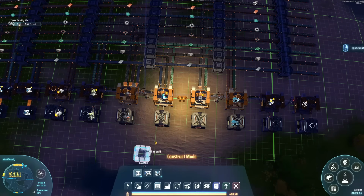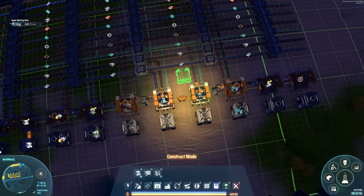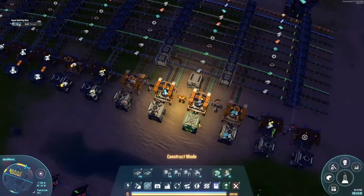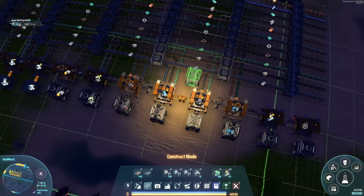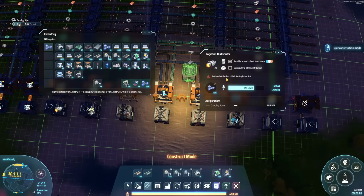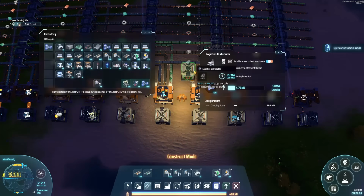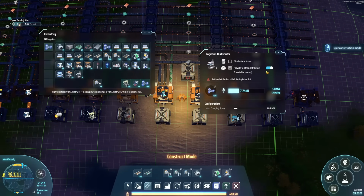Well, my suggestion is you build right here. That is a deliberately made space for this. And it goes in here. And then we want a little hat on that location. This one is going to be a provider. And it's going to get 10 of those in. This one will then be a requester of...